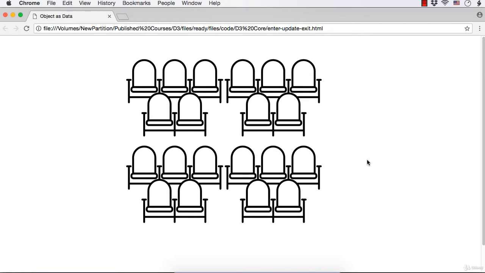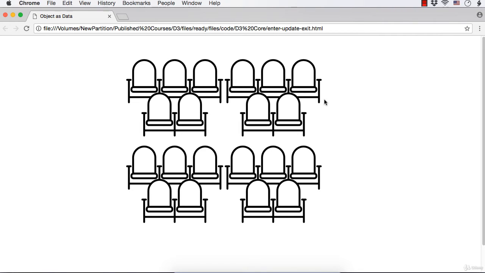Suppose 5 more people come in. That is, instead of 20, 25 people come in. So what should be done? 5 more chairs should be placed somewhere here. Then only those 5 people can sit. Right? So 20 chairs are there and 25 people come for the meeting. In that case, 5 more chairs are to be placed.